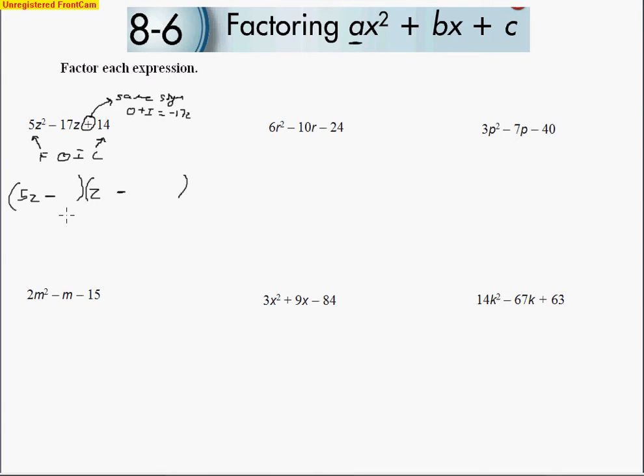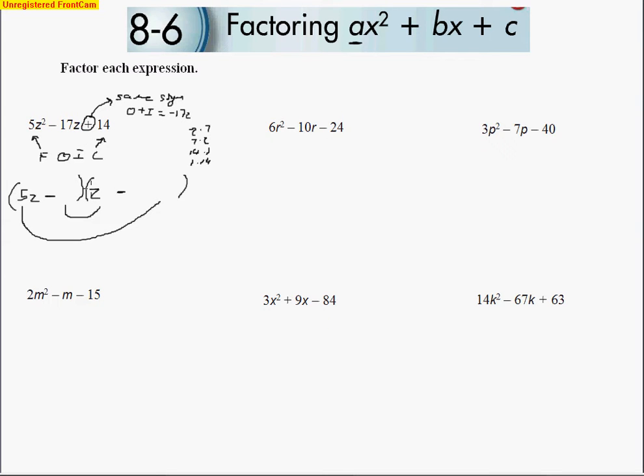My options are this. I've got either 2 and 7, or 7 and 2. And I'm going to actually write that in a little different way. I'm going to write down 2 and 7, 7 and 2. I have to do opposite ways, because I'm multiplying 5 by this term here, one of the factors of 14, and then I'm going to multiply z by one of the factors of 14. And so I have to try both ways to see which one ends up working. My other factors are 14 and 1 and 1 and 14. So those are my different options that would go in place of the last terms, the numbers that